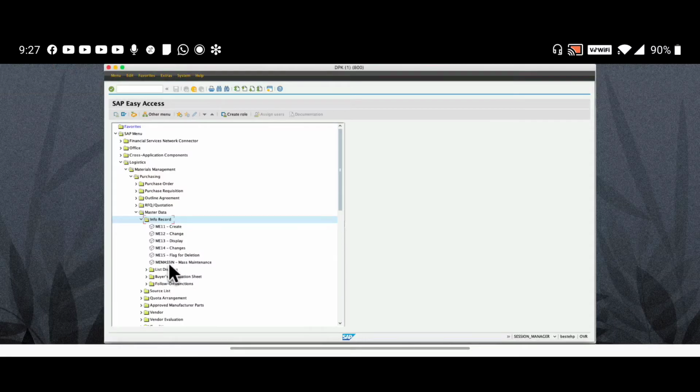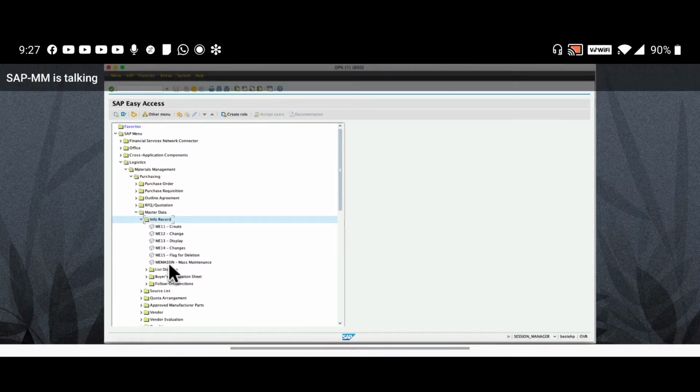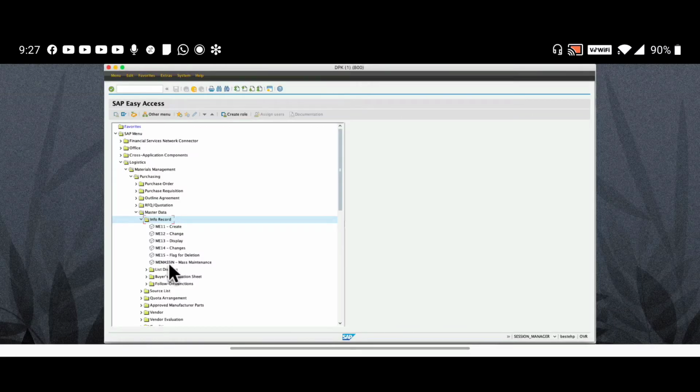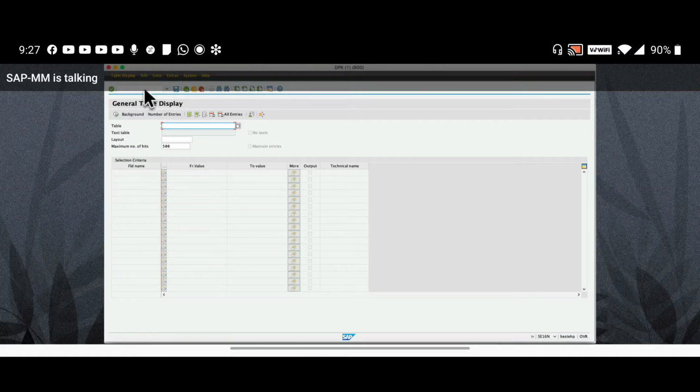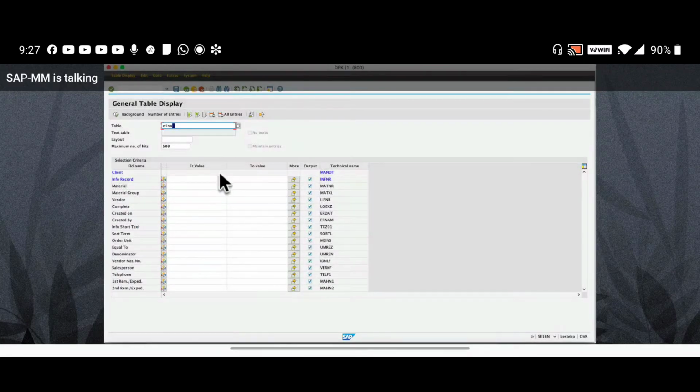Okay. Now write down the tables. Table and T-code. EINA, info record general data. It will store all general data. Whatever general data you have entered in the info record screen, it will store in this table.